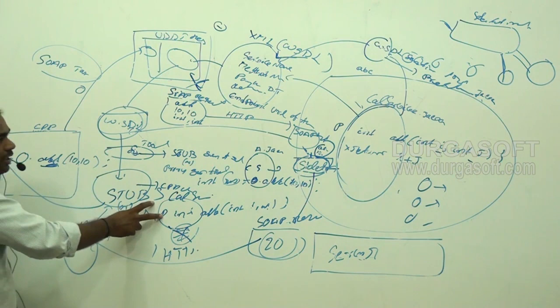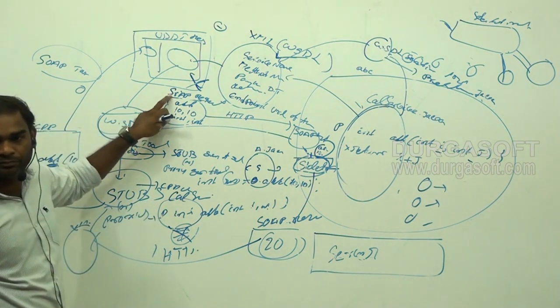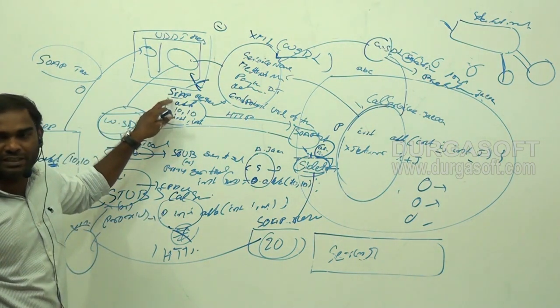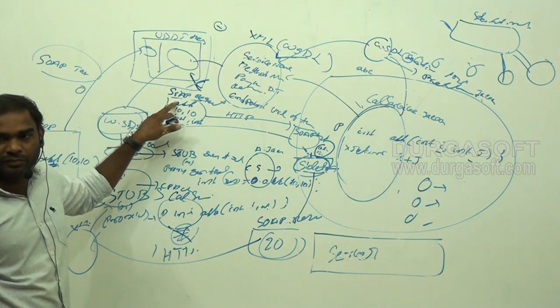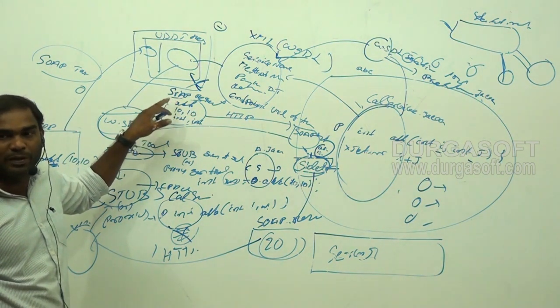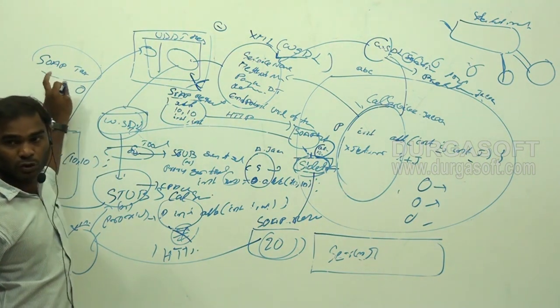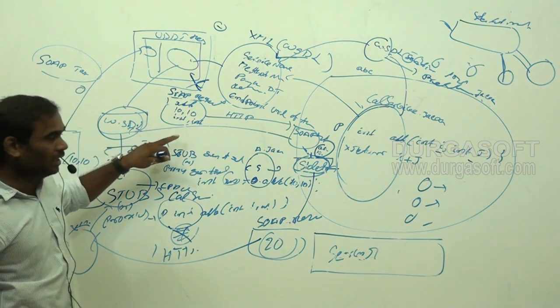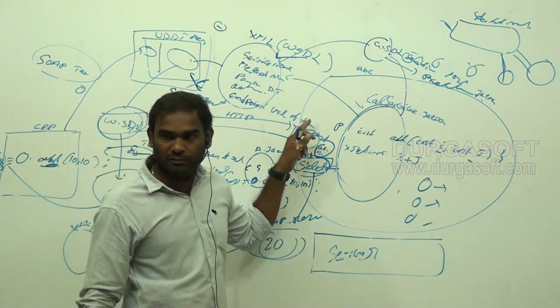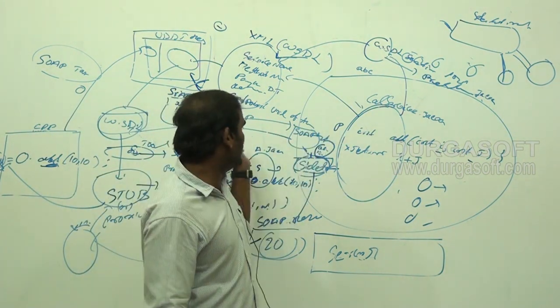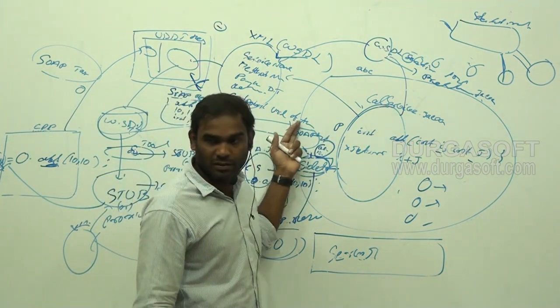What will this internal stub do? The stub will prepare this SOAP request. Why can we say that it's a SOAP request? Because to prepare this XML document, it uses the predefined tags from the SOAP tags, and the HTTP protocol will move this XML document to the server side.